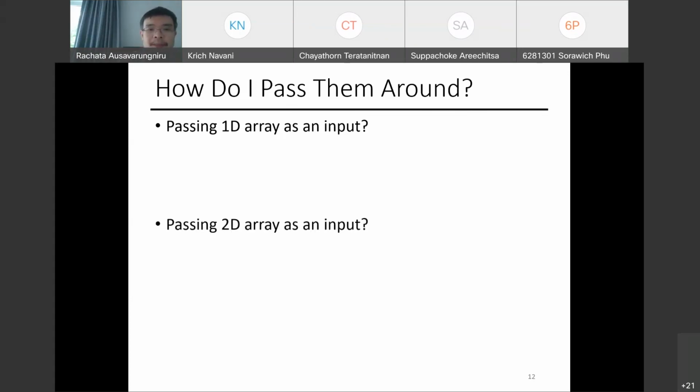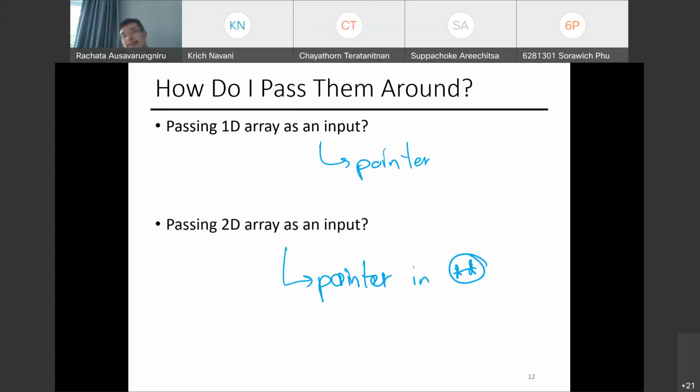So one thing you can do is to pass in the pointer. And that's it. You pass in the pointer to your function, and you can modify the function value, you get the correct results. However, when you have the 2D array, what you want to pass in is again the pointer in the double star format. This is a pretty safe way to do it because when you use dynamic array, when you use 2D array, to be honest, unless you're dealing with C++, which in some cases they know how to deal with the row and column,